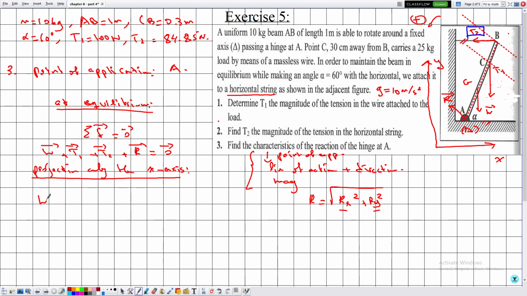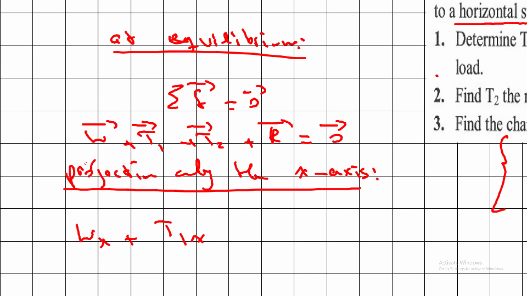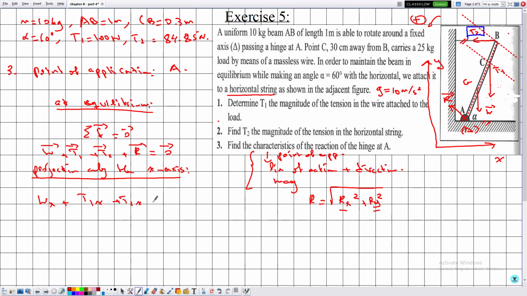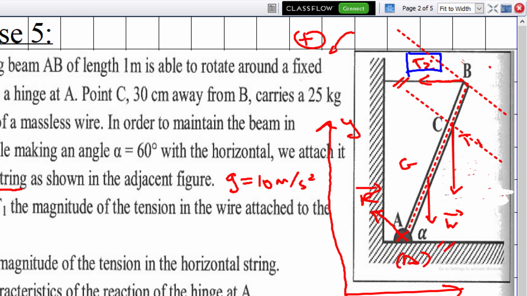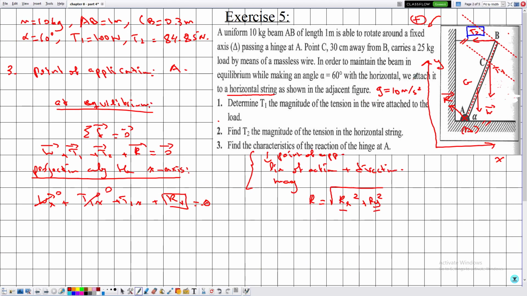This is given by wx plus t1x. So we drop down the vectors, and each vector quantity will carry the label x, plus rx is equal to 0. And we are interested in determining rx. Now wx is 0 because w is completely parallel to the y-axis. T1x is 0, completely parallel to the y-axis. And T2x, so T2 is completely parallel to the x-axis, so it's simply minus T2 plus Rx. So Rx is simply given by minus T2, which is equal to